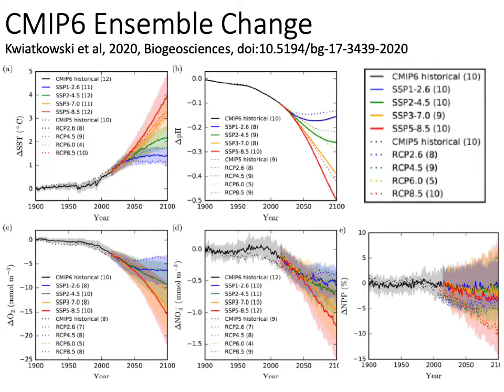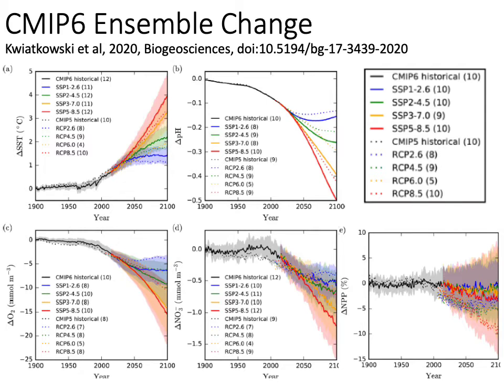Here's an assessment of this ensemble by Kwiatkowski et al. from last year, showing historical and projected sea surface temperature, pH, oxygen loss, and nitrate and productivity across the range of emission scenarios, as well as a comparison of the results from the CMIP5 generation models, these RCPs,